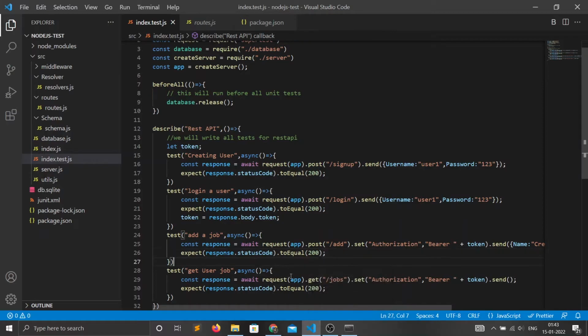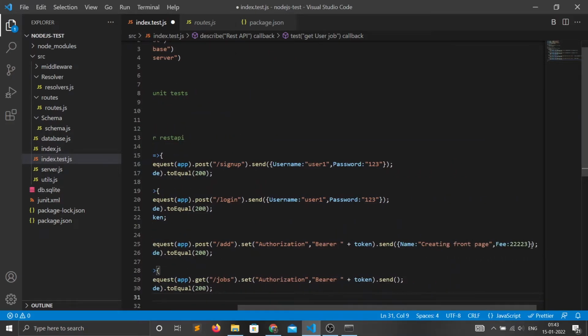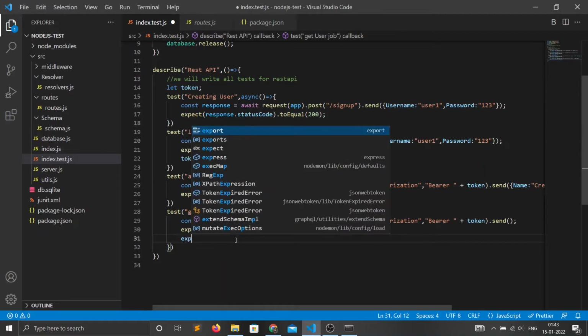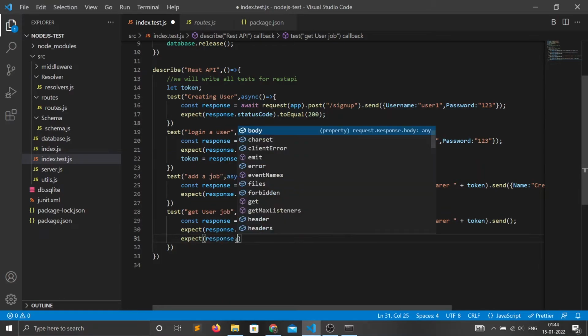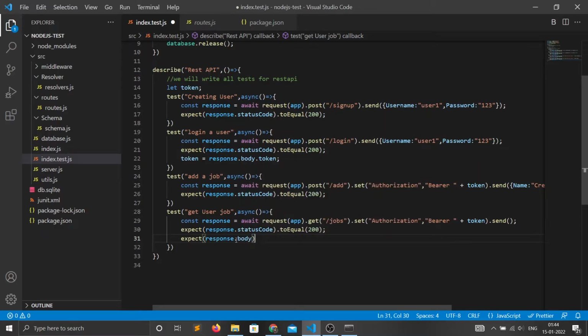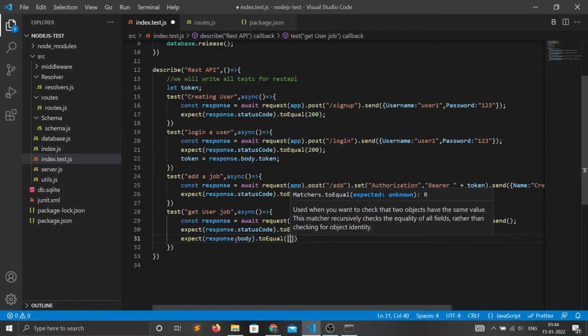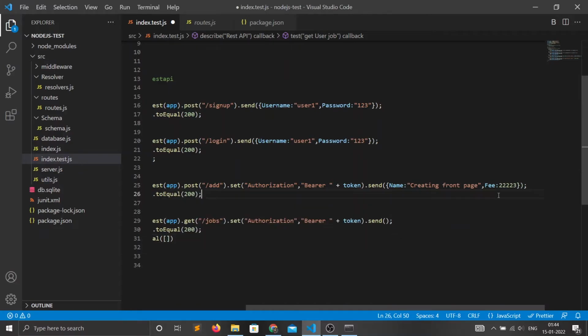In this case we expect the data in an array. So we can say expect response dot body dot to equal an array, and then this object.